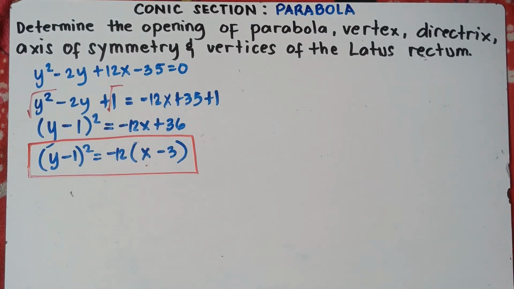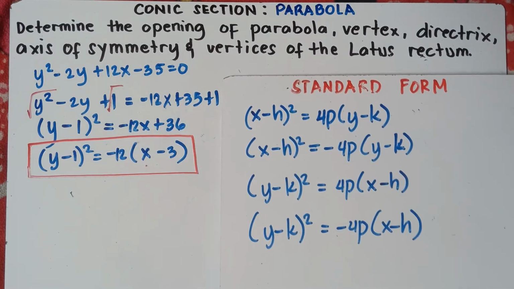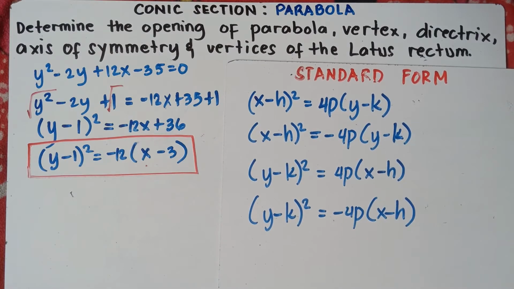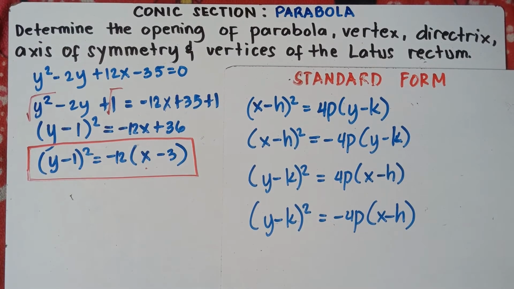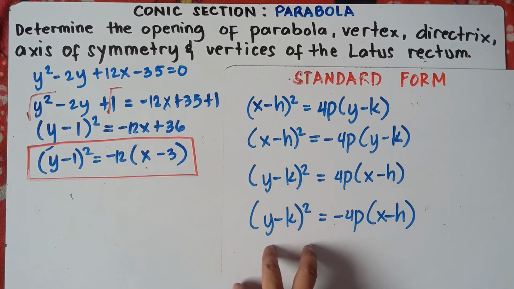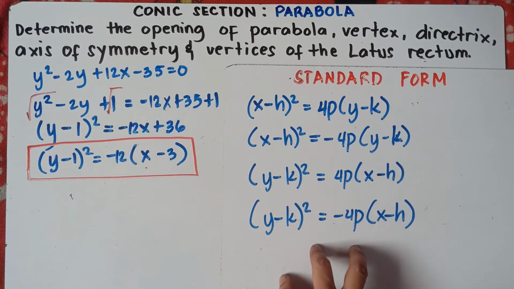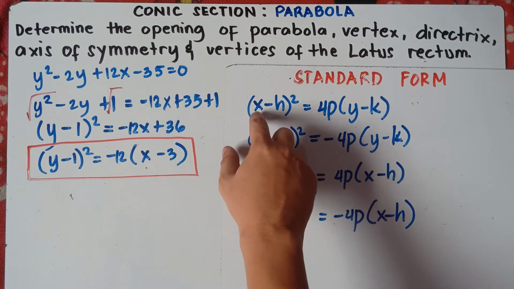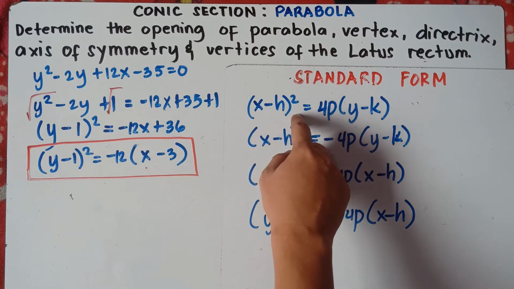So this will be our equation. Now you check the equation. So once again, in the part of our video, we explained this one. So this will be our equation. So therefore, we will be using this one. Alright, so if this is your equation, once again, if you have quantity x minus h squared,